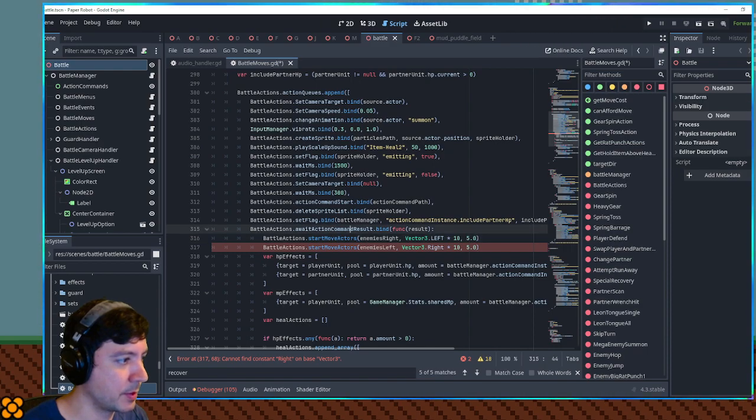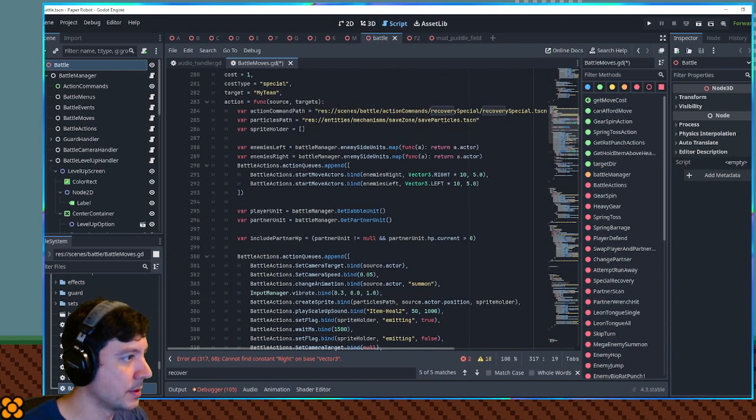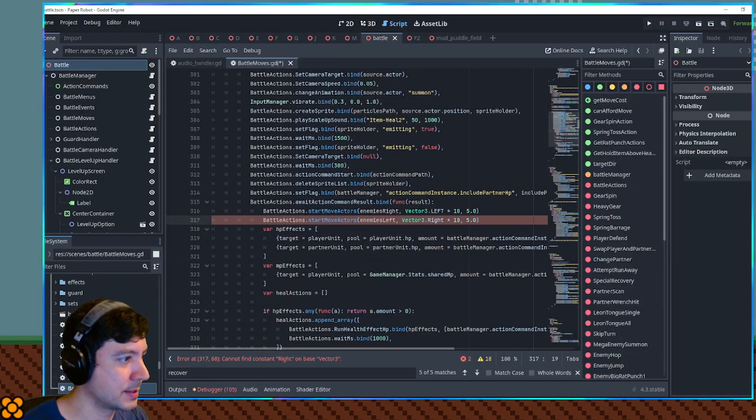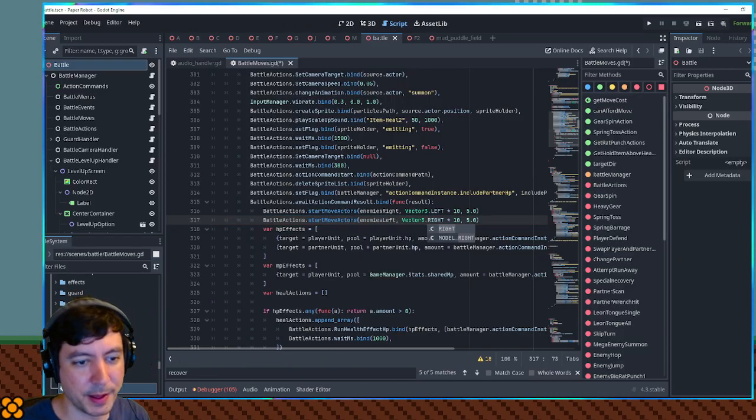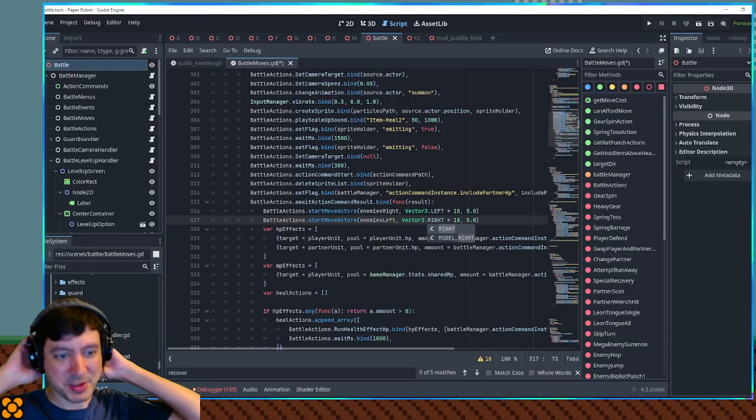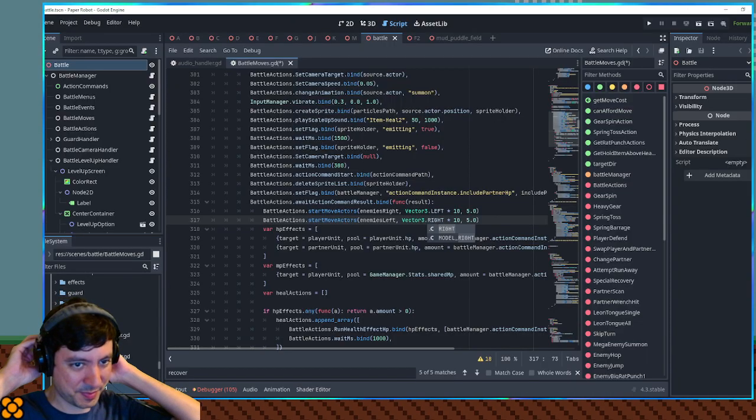Wait, what's happening here? Why is this a problem? Why is it not like this? Cannot find right. Oh, I need to capitalize right all the way. Can't keep everything loaded in memory. No, as it turns out,